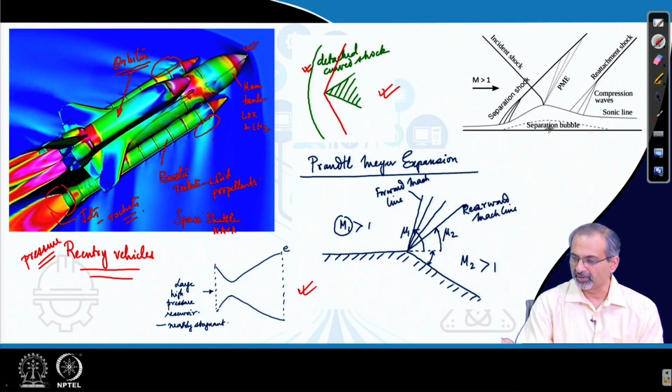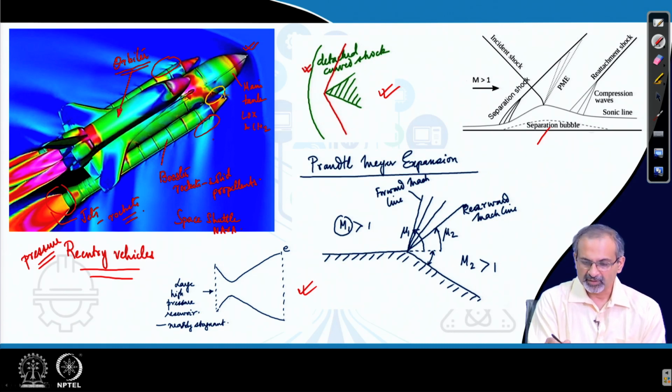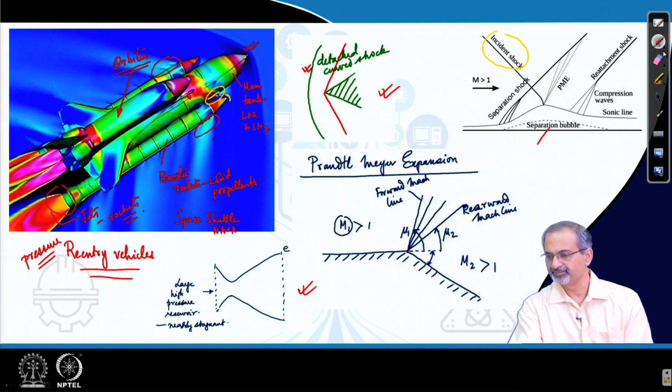You also remember having learnt about the shock wave boundary layer interaction. So, you can imagine that there are regions in this flow field where such interactions are possible. For example, if you zoom into a region like this, there would be a shock which will be formed near the nose of the booster rocket, which can go and impinge on the boundary layer which is formed on the main tank. So, such a situation is reflected here through the incident shock,